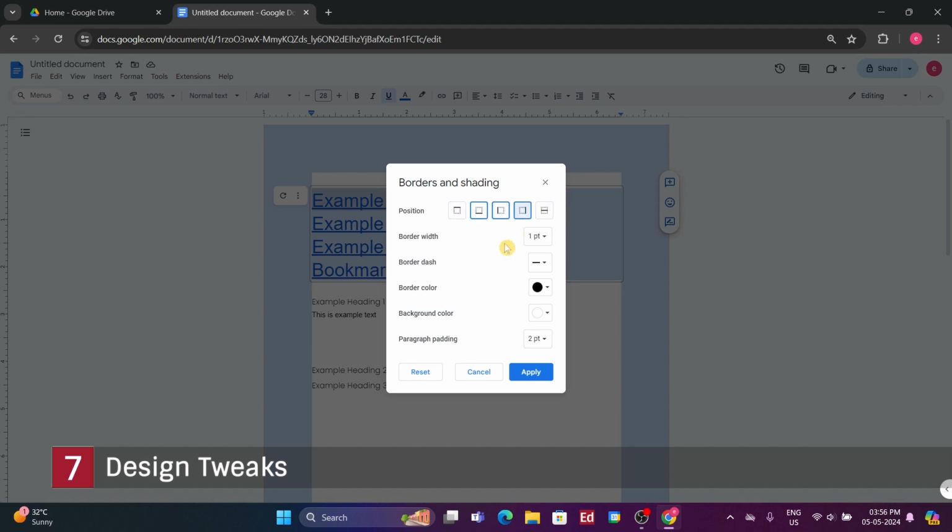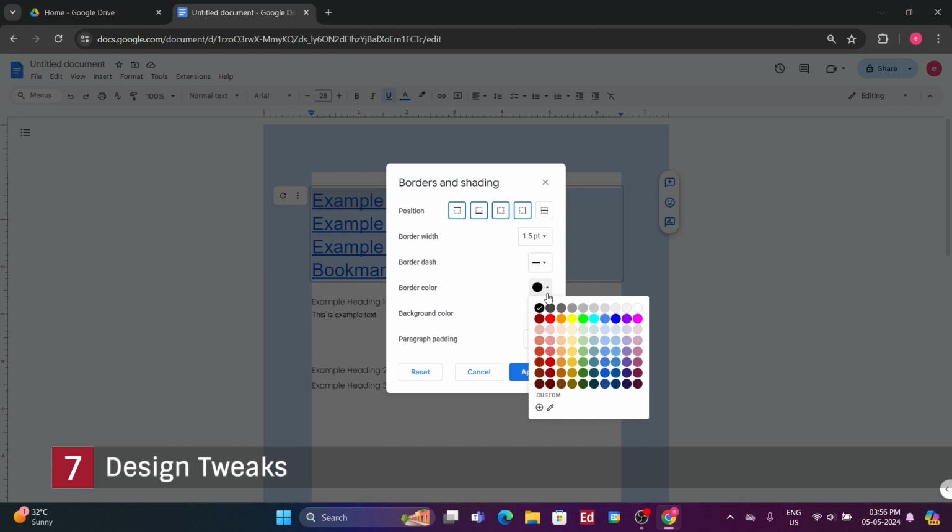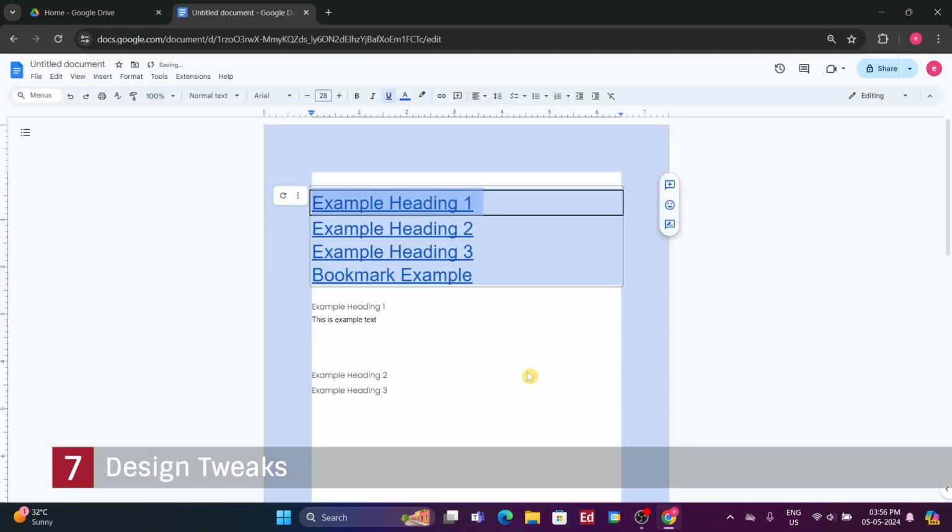Alternatively, you can choose to apply the border only to the bottom side. To illustrate, I'll demonstrate what a border around all 4 sides would look like. I have the option to adjust the border width, perhaps selecting 1.5 points. I can also change the line style from solid to dashed or dotted and customize both the border and background